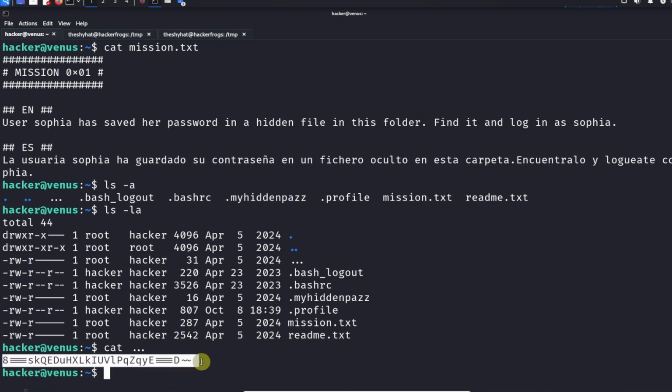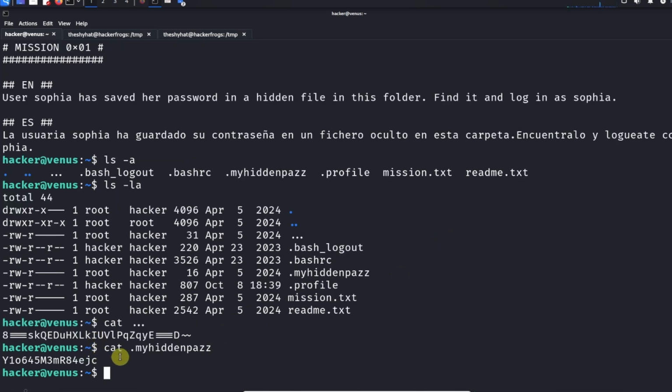But the file we actually want to access is the .myhiddenpass file over here. So we're just going to read that file, .myhiddenpass. Inside the hidden file here is the password for the next level. So this is going to be the password for the next user, which is the Sophia user. So we're going to copy this password. Okay, so that was level 1